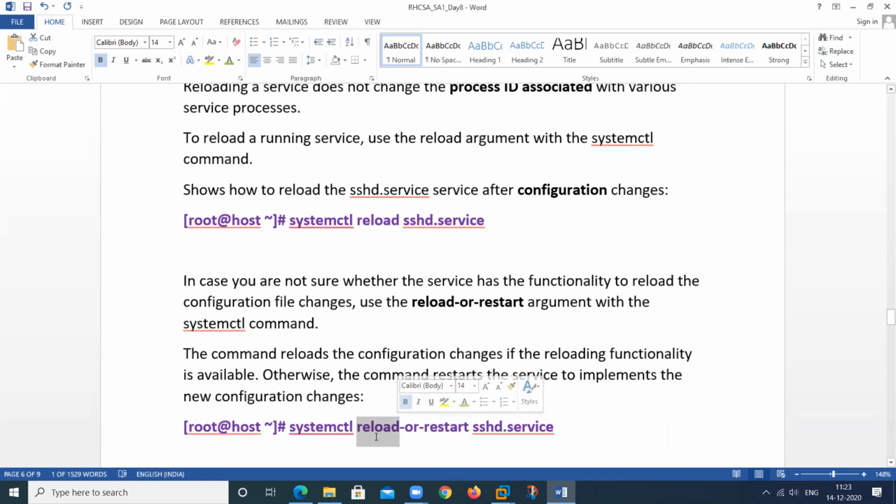If that service does not work, then it will stop, then start again. It means restart the service. So we can also use this particular command. But this command only works in RHEL 8, not in RHEL 6, and not in RHEL 7 either, only in RHEL 8.